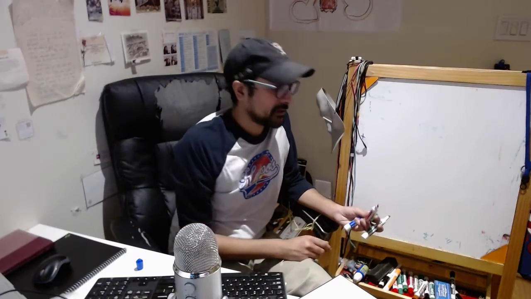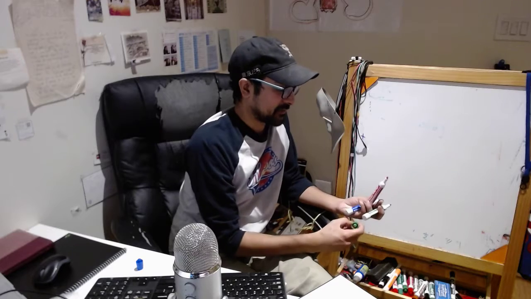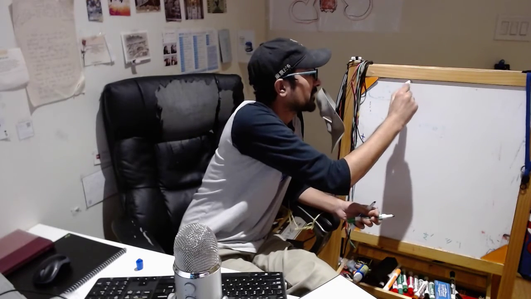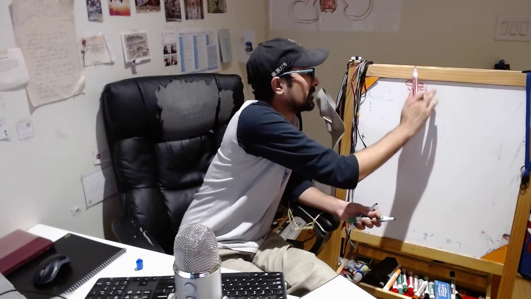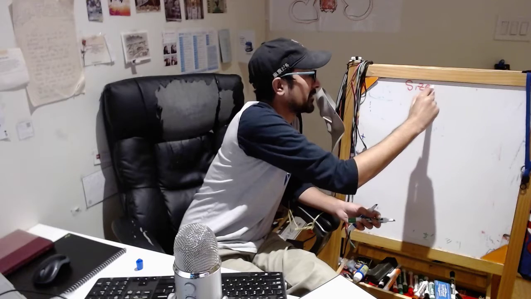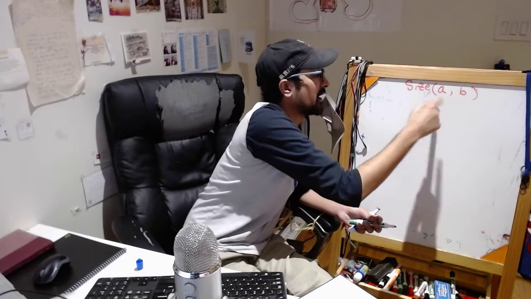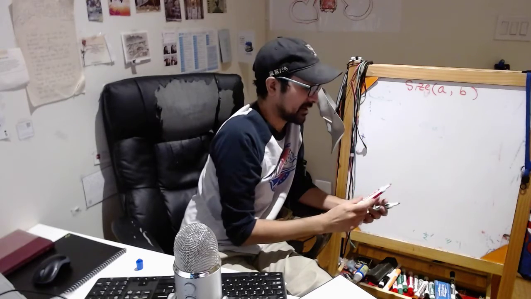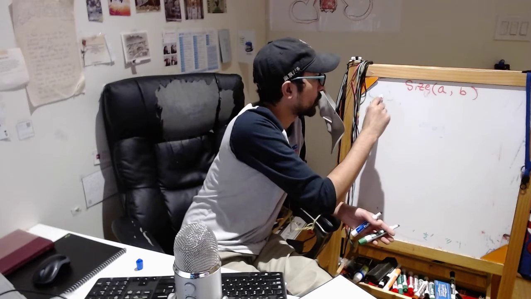Okay, just to be clear, to review last time, and we did a little of this last time. You had to do it as part of your homework assignment. When we're processing size(a, b), where a is any integer number and b is any integer number greater than 0, what's going to happen is two things. One,